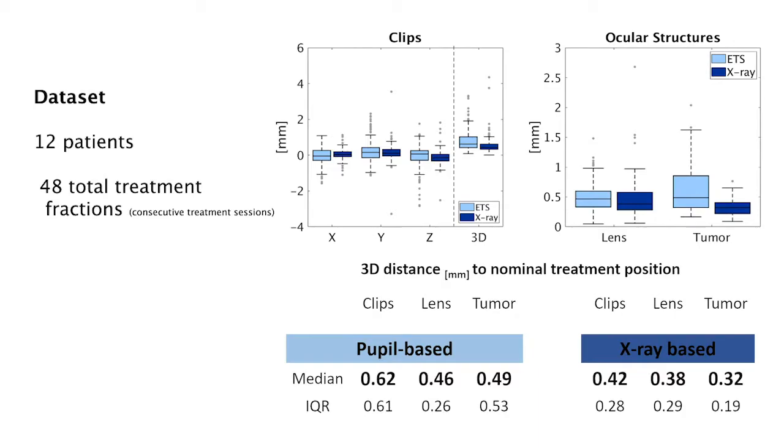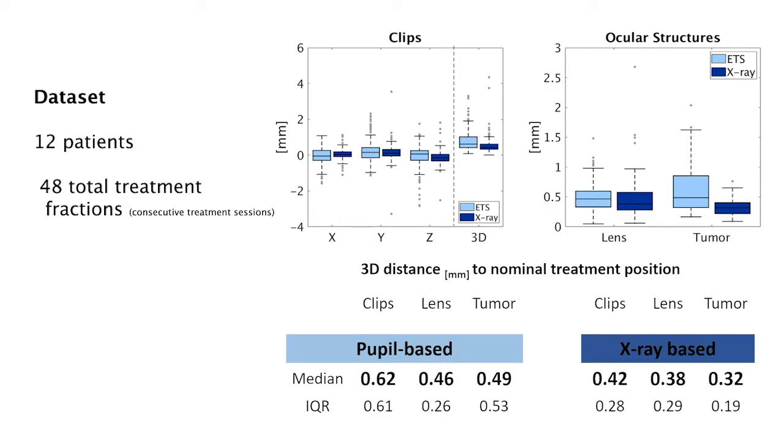A median 3-dimensional clip's misalignment of 0.42 mm and 0.62 mm was measured with X-ray and pupil-based navigation, respectively. Considering the tumor volume center of mass, the median errors achieved with the ETS was 0.49 mm compared to 0.32 mm for X-rays. Results show that the pupil-based approach does not guarantee the same level of accuracy of the clinical